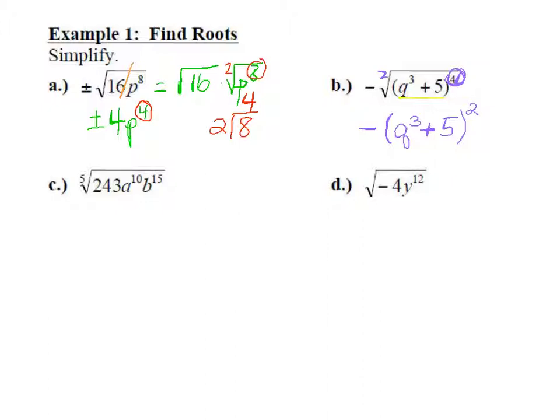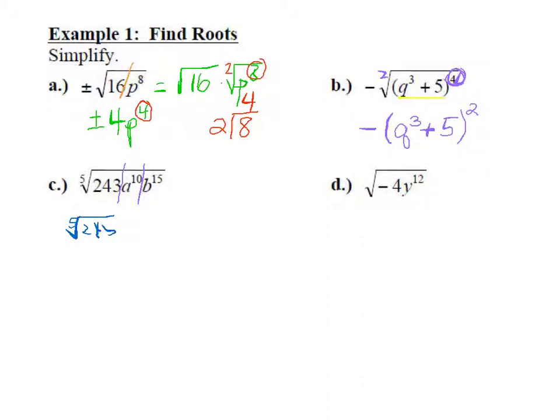Now we're getting into the big boys. Here for C, you are going to have to do a little simplifying. I like to separate my numbers from my variables. So I'm going to be simplifying 3 different things here for letter C. You're going to have a 5th root of